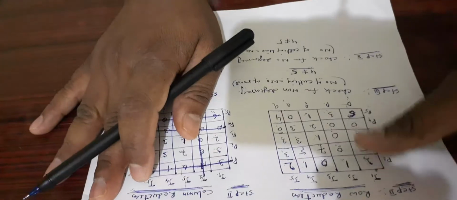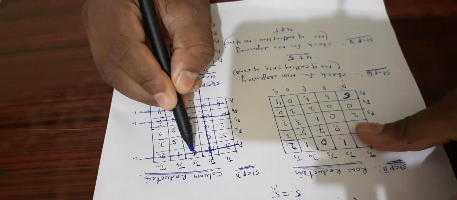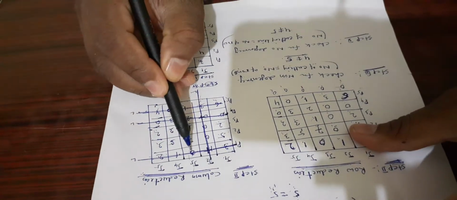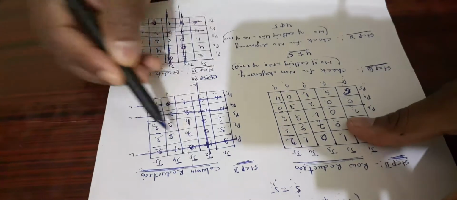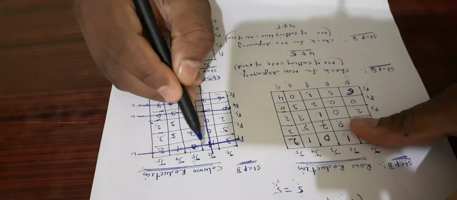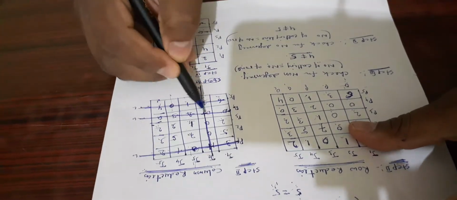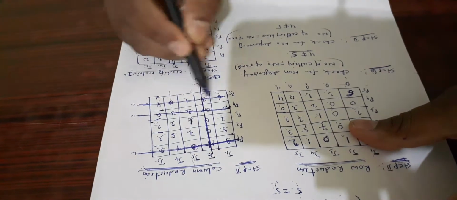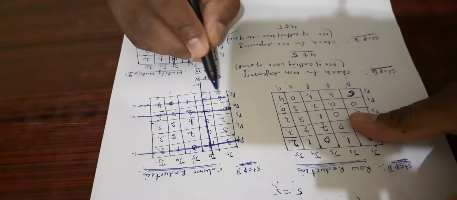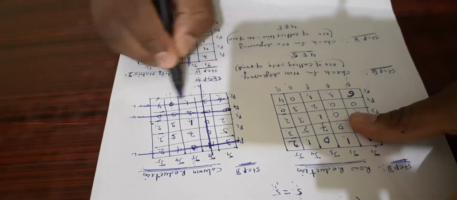After completing the column reduction, we have to check where the maximum number of zeros is. First we check this one row. In this first row there is only one 0, but here there is no 0, so we cut like this. Next, this column has 0 2 3 0, so cut like this. Now next, here is 1 2 3 0, so cut like this. Here also there is only one 0, so cut like this, horizontal or vertical, either way.